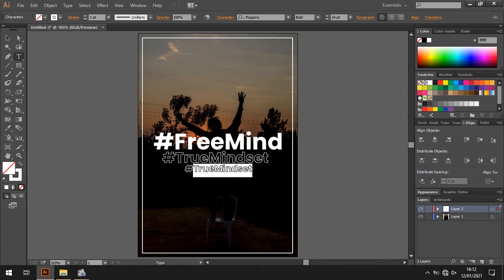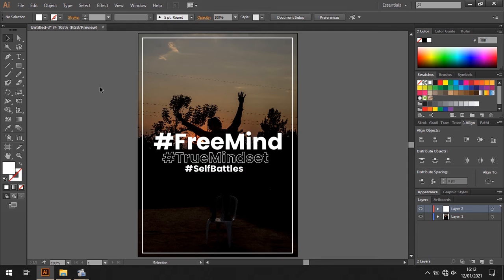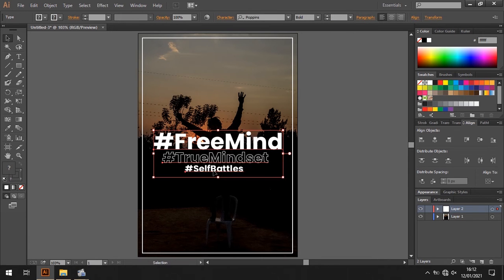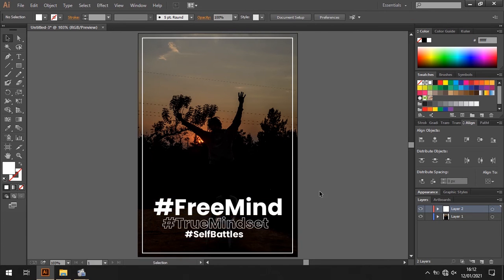Then let's first change the typography to self battles, and we have the fill white and the stroke none, and then we just have to place it at the bottom, for the readers, or someone who is reading this can see the character behind and read the typography we've written